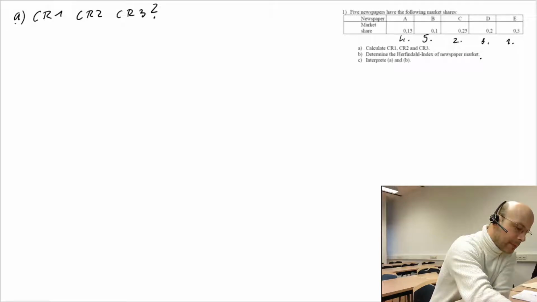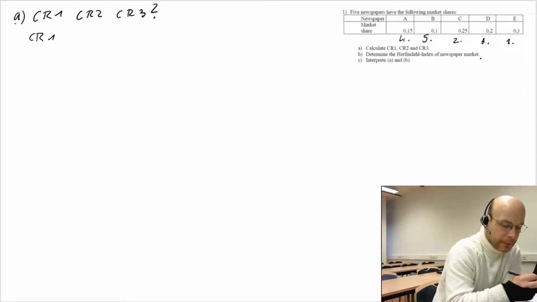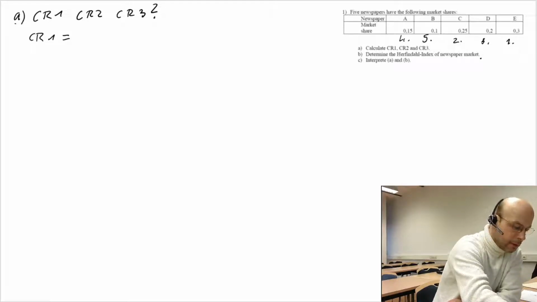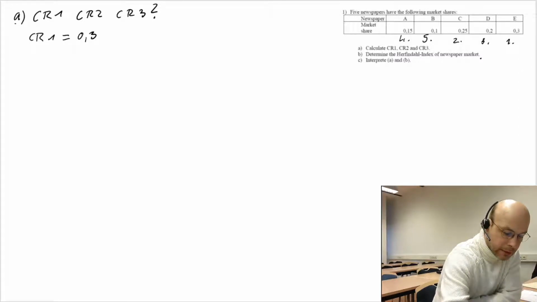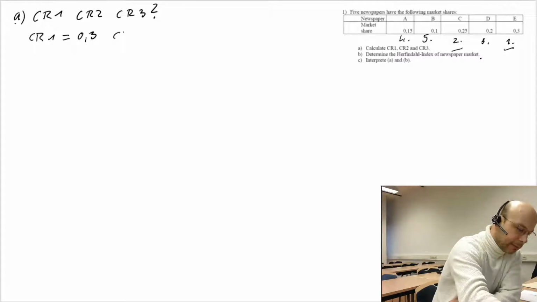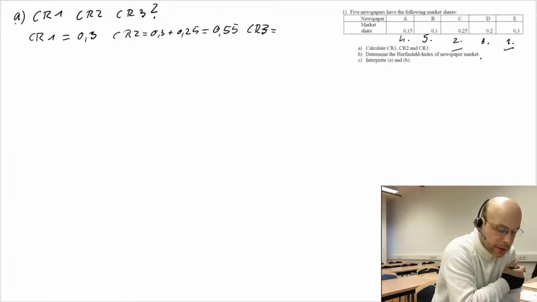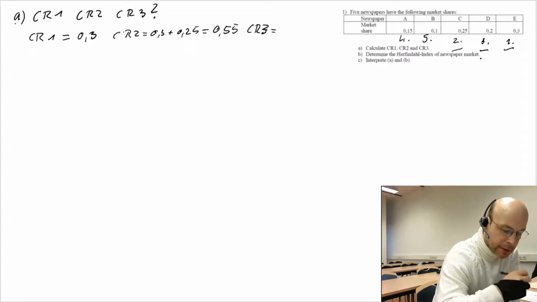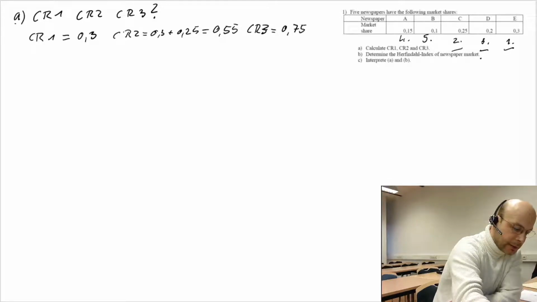So CR1 equals 0.3. For CR2, we have to add up the market shares of the first and the second largest, equals 0.3 plus 0.25 equals 0.55, and CR3 is then of course adding up the three largest firms. So these, and then we have 0.75. B,